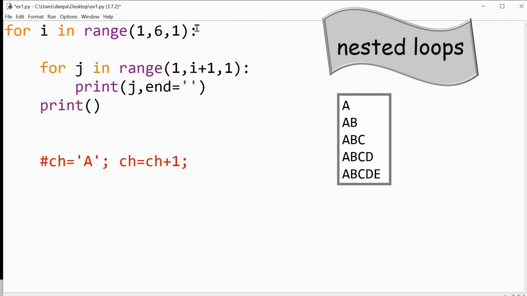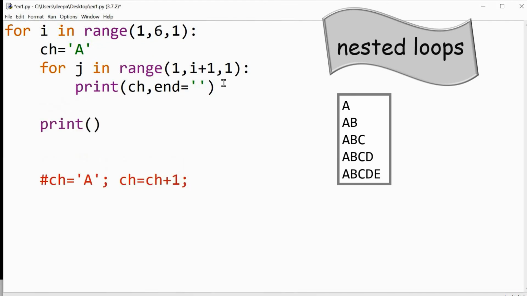Here I will take ch is equal to 'A', and instead of printing j in the inner loop, let me print ch, and then I have to increment ch because A has to change to B, is it not?